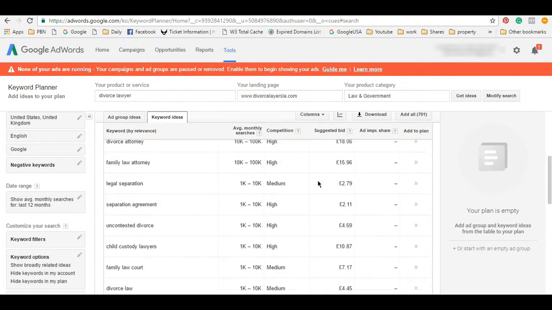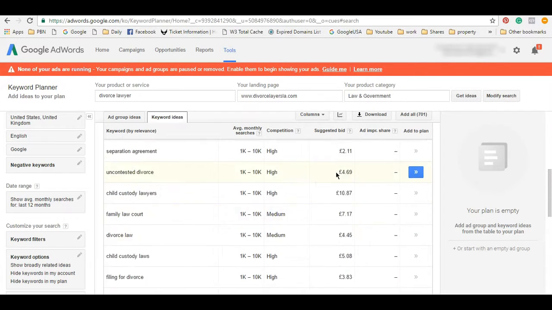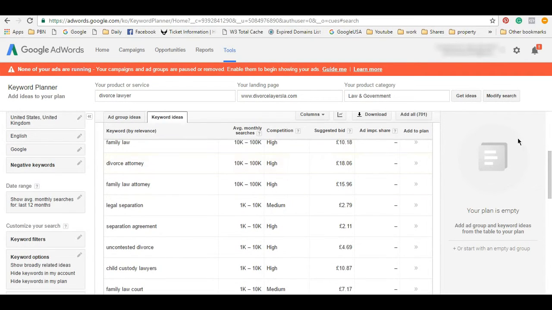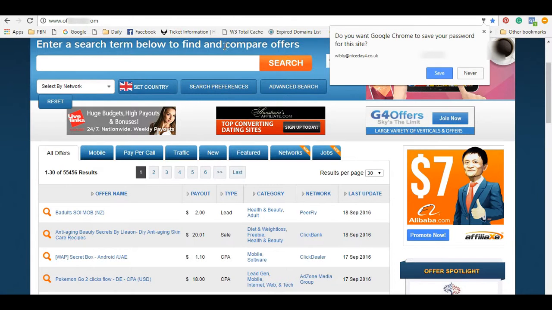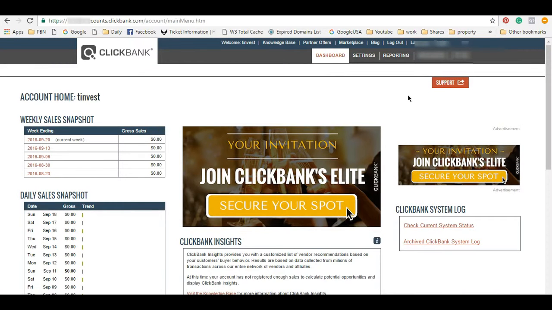But a lot of people will start here. They'll start mining for keywords. I don't do that. What I tend to do is choose a niche that is going to get a lot of search traffic, something that you know is going to get a lot of search traffic without really thinking about it, kind of going in for the kill, if you like. You want to be choosing an offer that's going to be really, if you can imagine your town, what does everyone use? That would be a good place to start.